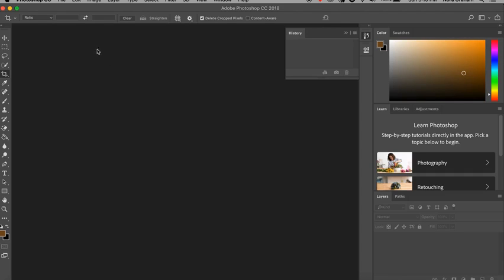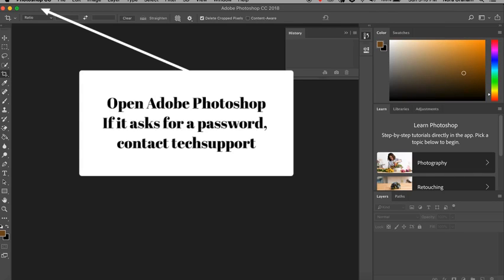Okay, we have opened Adobe Photoshop, which you have remotely installed on your computers. Can you go ahead and check if you can open it okay? If you get prompted for a sign-in, please contact tech support and they will support you in getting signed in